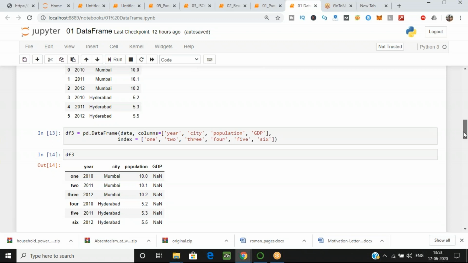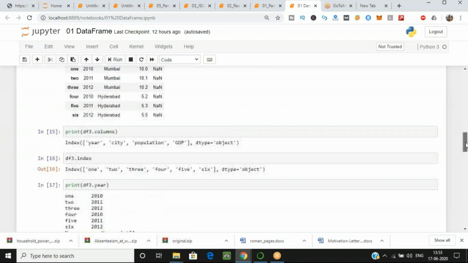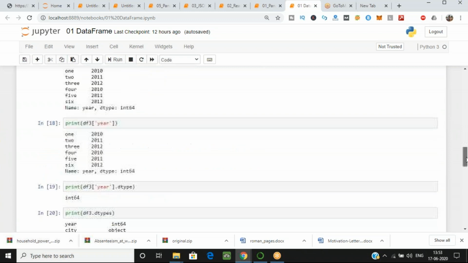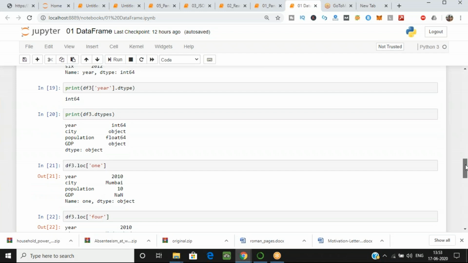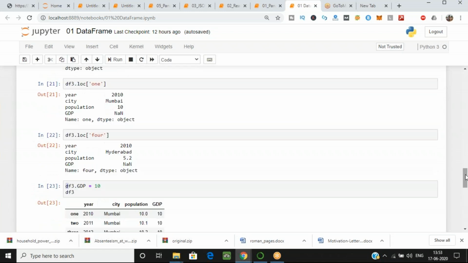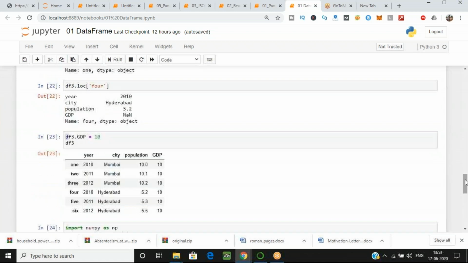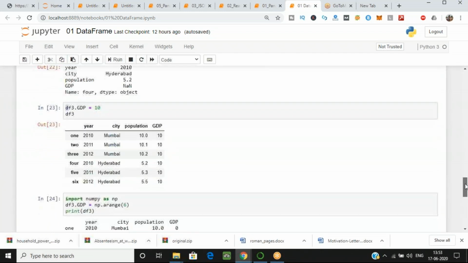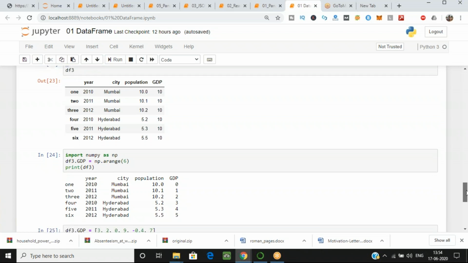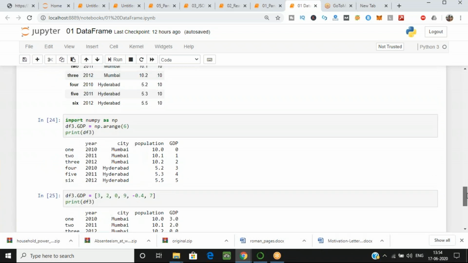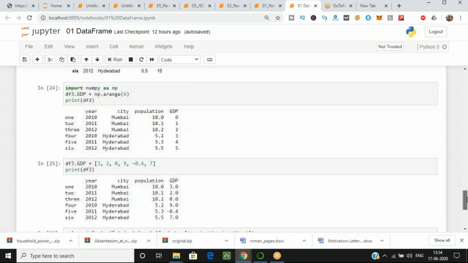And then you have to give the GDP column values. First you have to give all 10 values. You have to give every row a value of 10 in GDP. Okay. Then you have to use the arange function through which you can supply 0, 1, 2, 3, 4, 5 values to the GDP column. Then again third, you have to give float values like 3.2, 2.0, something like that.